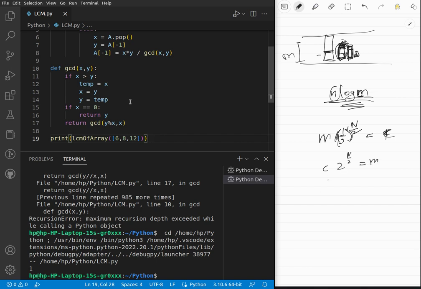So n is just 2 log base 2 of m/c, whose complexity is just log of m, right? And you are taking n iterations to do this because